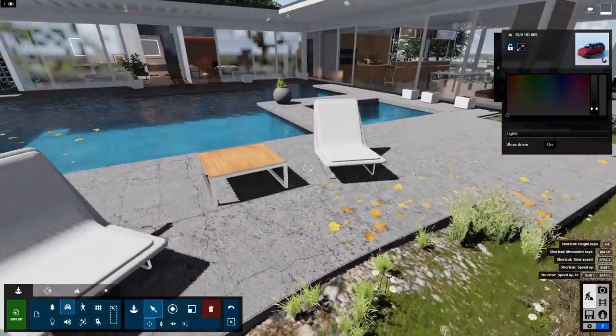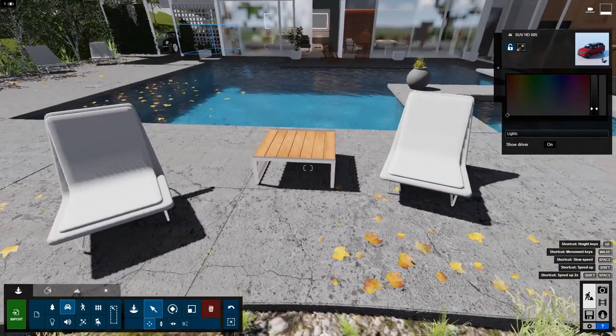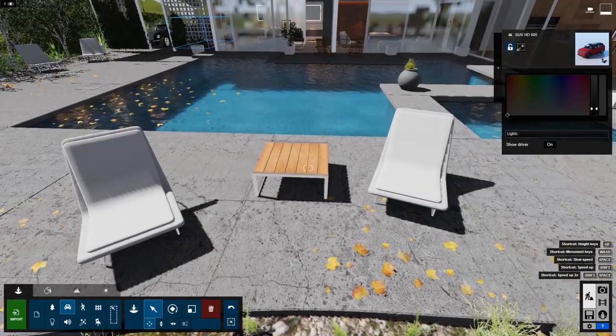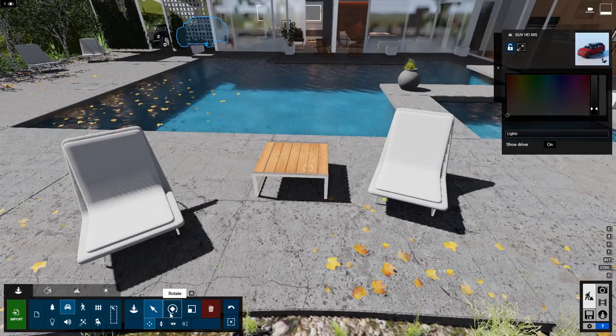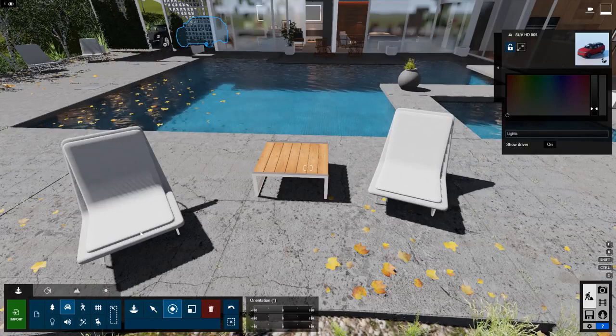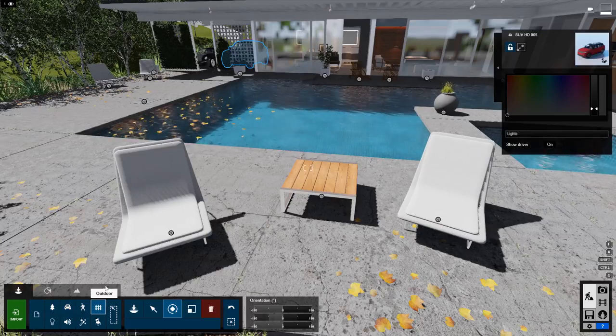Let's head back over to our lounge chair area. Take a look at these lounge chairs. You can see that they're kind of rotated off axis. That's fine. That's probably how they would be, but I want to show you how to get them back on axis. There's a new feature where we can hover on a surface and align the rotation of an object to a surface. So in order to do that, I need to be on my rotate tool, and you can see that there is a keyboard shortcut for that, and it's R. So I'll just hit R because I like to use keyboard shortcuts. I know that makes me way faster. All right, and then in order for me to modify this lounge chair, I'm going to need to be on the outdoor collection. That's where that is.